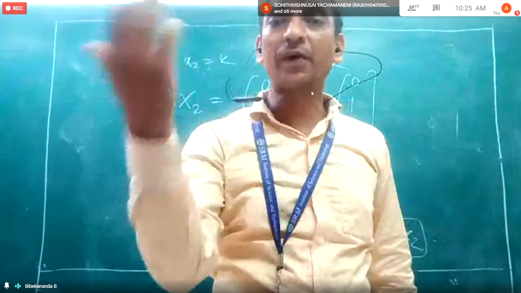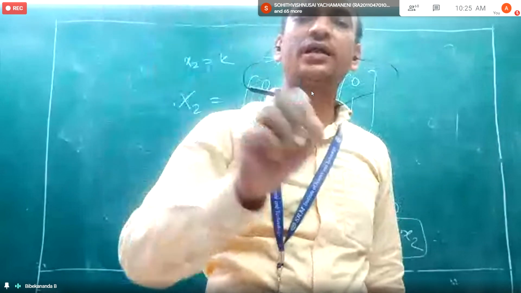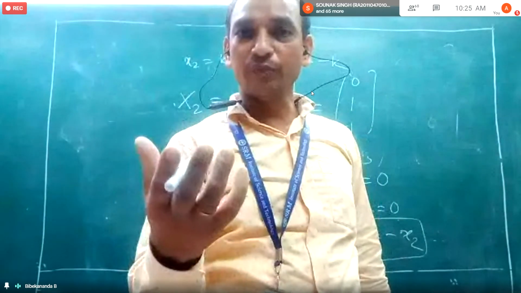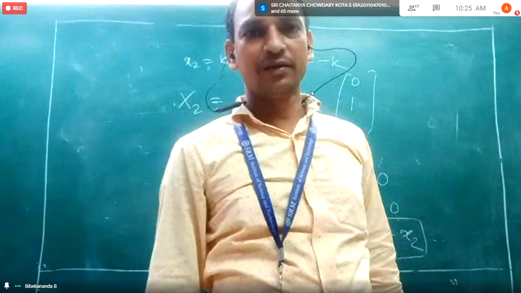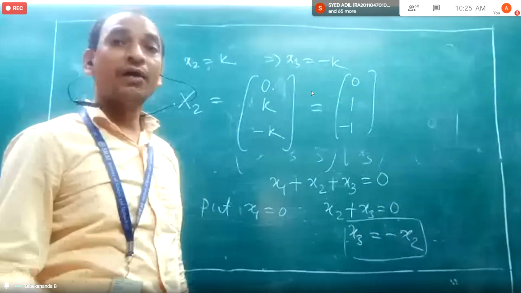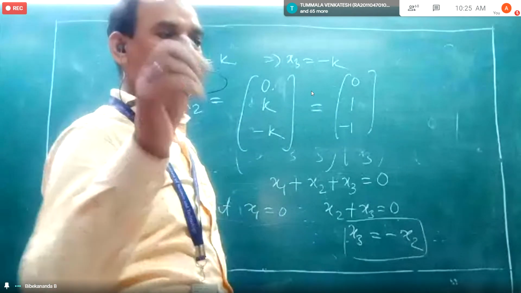Now how can we find the other eigenvector corresponding to another eigenvalue lambda equal to 1? For the first eigenvalue lambda, this we got. Now the next case is for another lambda equal to 1, is there, no?